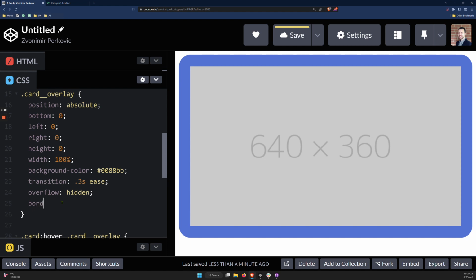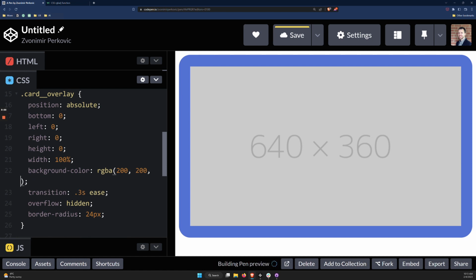So we just need to add some border radius to our overlay, and I think the card radius is 24 pixels, so I will add a border radius of 24 pixels here. And then this background color, we need some opacity, and this won't work. We need to call the color differently, so we need this RGBA and then open and close brackets, not F, RGBA, and adding color in this way will enable us to add some opacity to it. So if I write something like this, 200, 200,